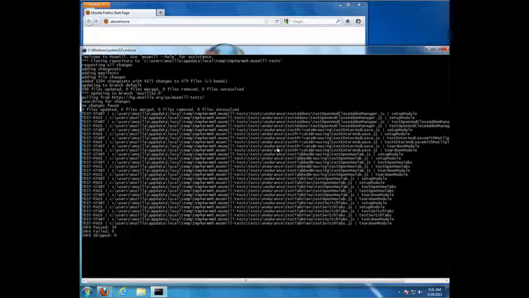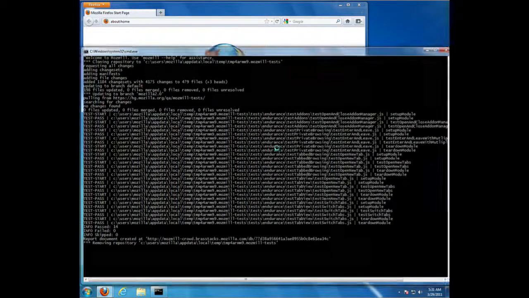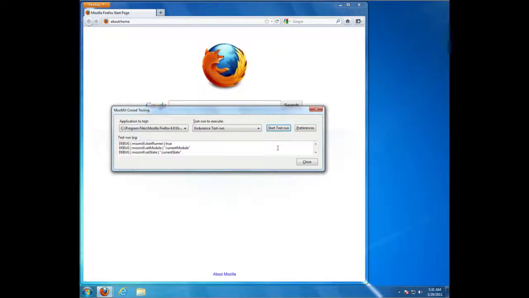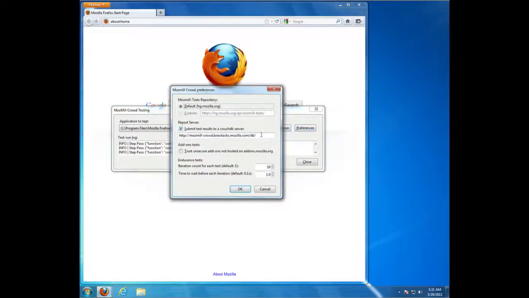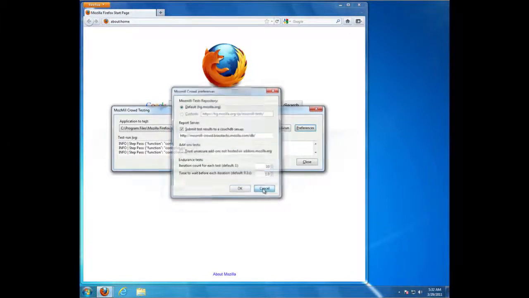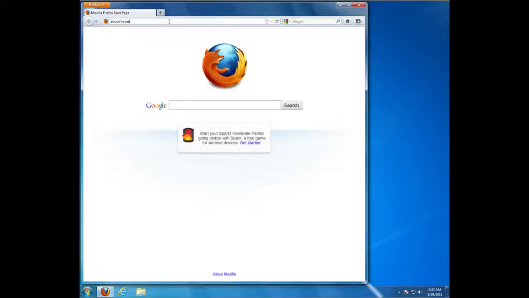Okay, so that's all our tests have run. You can see in the background there 14 tests have passed, no failed and no skips. You can see the log is output here in the Mozmill Crowd testing dialog. Okay, the next thing I'm going to do, I'm going to pop back into preferences just to remind myself where we sent our results. If I copy that and paste it into the location bar,